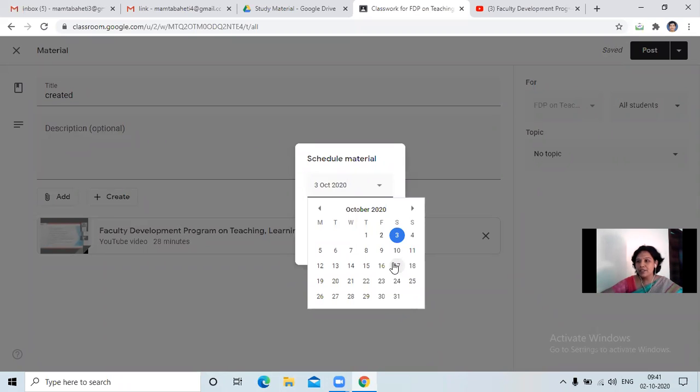If I want the particular material to be posted on the day of my class, but I physically cannot be there, or have some other emergency, I can plan my classes earlier and, as per the class schedule, keep on posting that material.